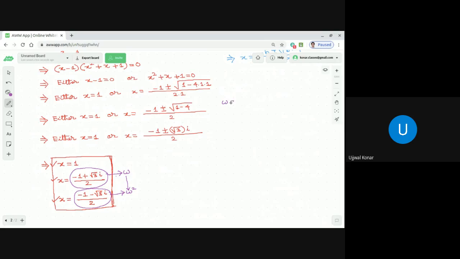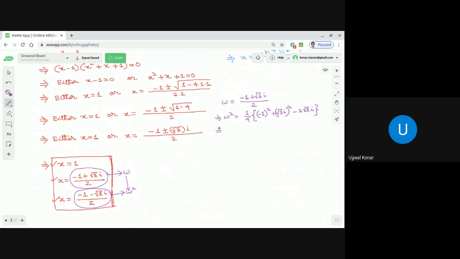So that omega is equal to what? Minus 1 plus root 3 into i by 2. Now what we are going to do? We are going to do omega square. So omega square if we do, then what it will be? It will be 1 by 4 and minus 1 whole square. Let me write elaborately so that you can resemble later. Minus 1 whole square, then plus root 3 into i whole square, minus 2 into root 3 into i. I hope you agree with me.